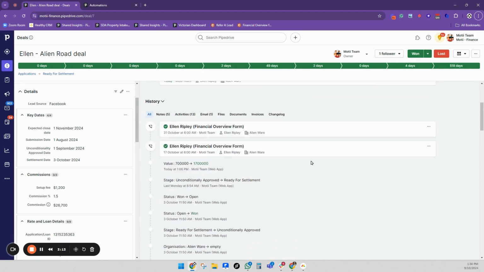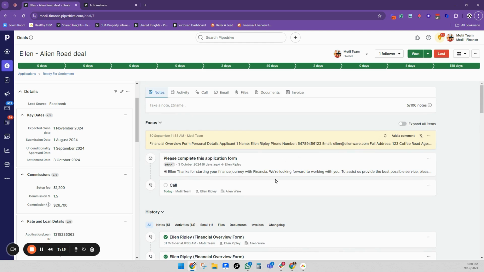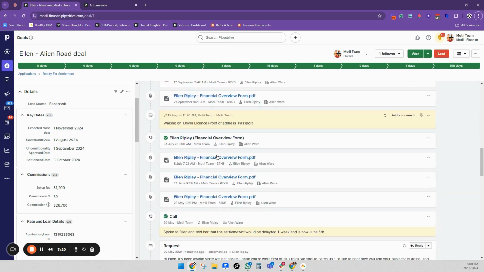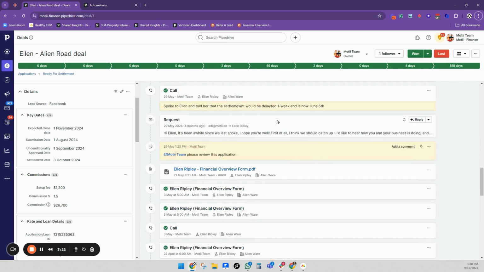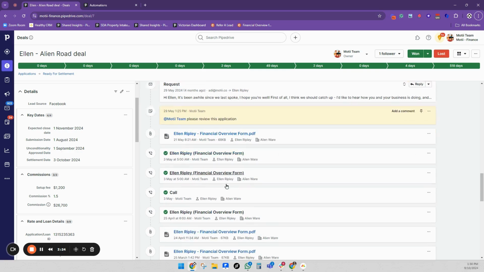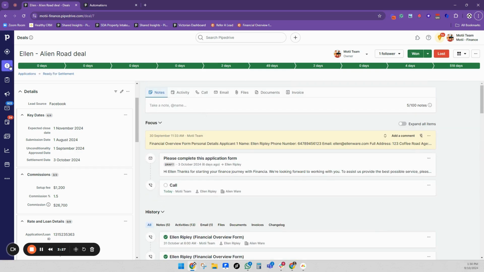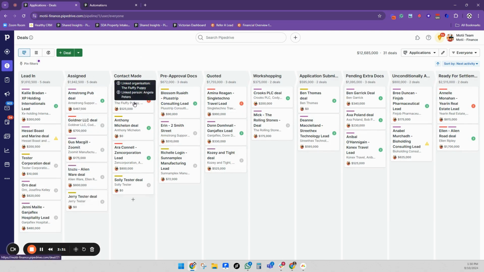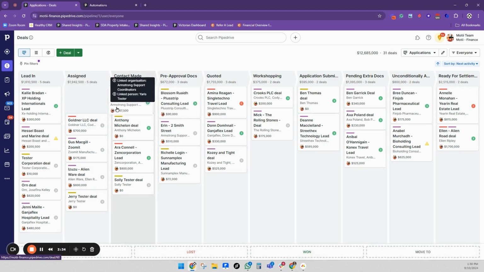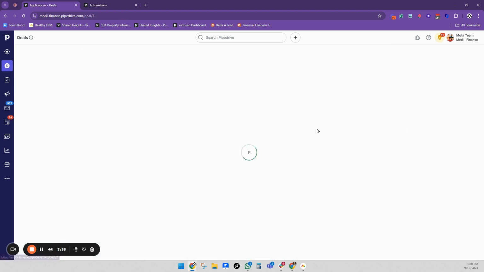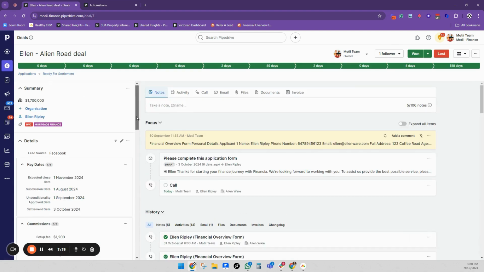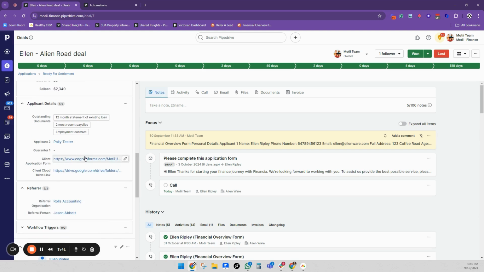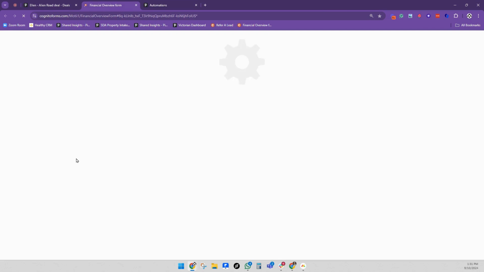On the right-hand side over here, we have a pin note, we have an email, we have an activity that we need to complete, some more activities, and as we scroll down, we've got the upload or repeated upload of the discovery form or the application form. So what we're going to do here is, as a deal is moved into, let's say, the pre-approval doc stage or the contact made stage, we automatically create an application form and link it to this deal. So you can see as I come down here, we've got this client application form. If I click into this client application form,